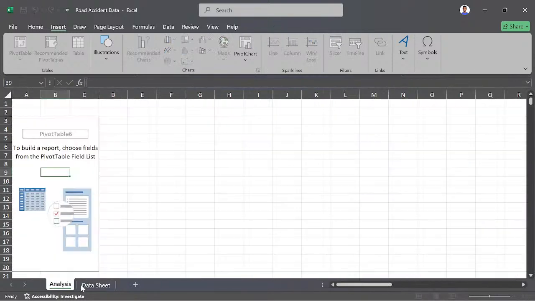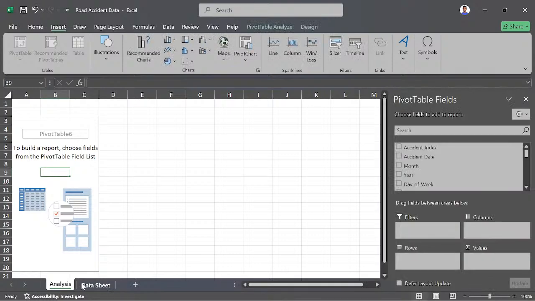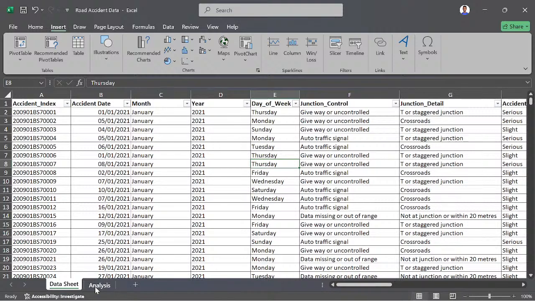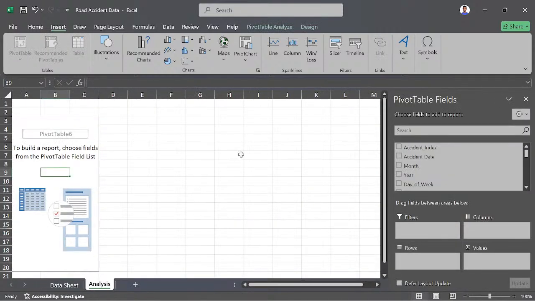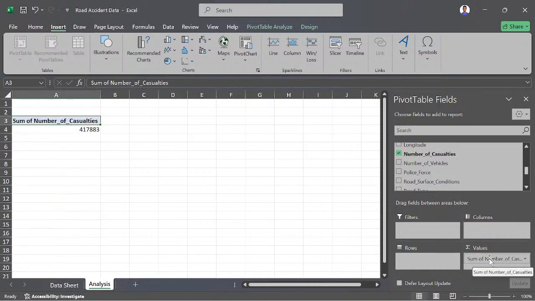Okay, so I want to switch them. So the first thing that I want to look at, I have to go back to locating the total casualties. So I have to look at how to find the total casualties. So we go to put the number of casualties here, and then I'm looking at